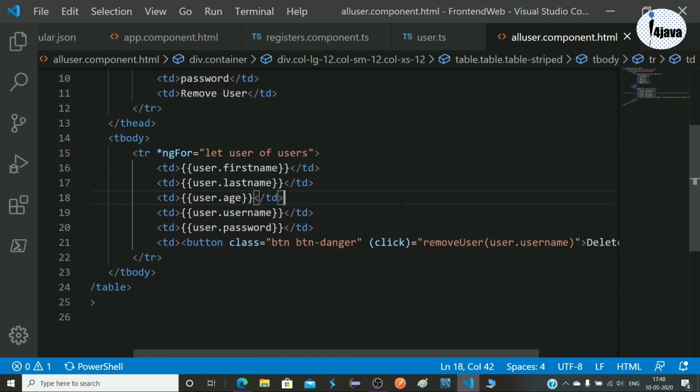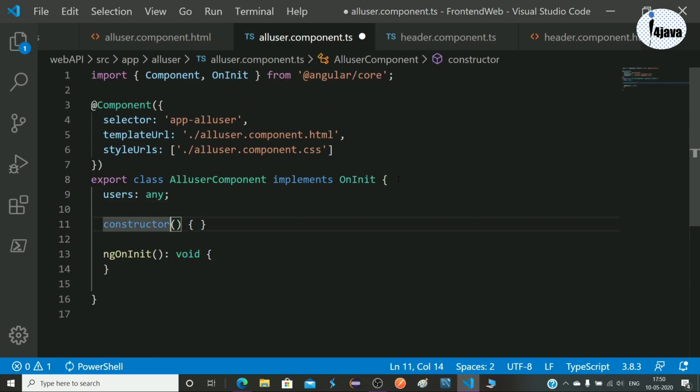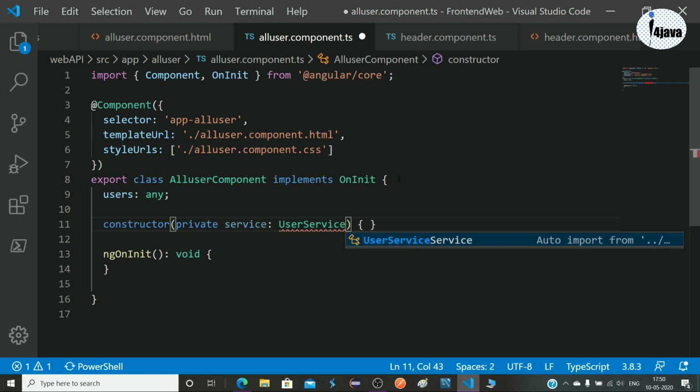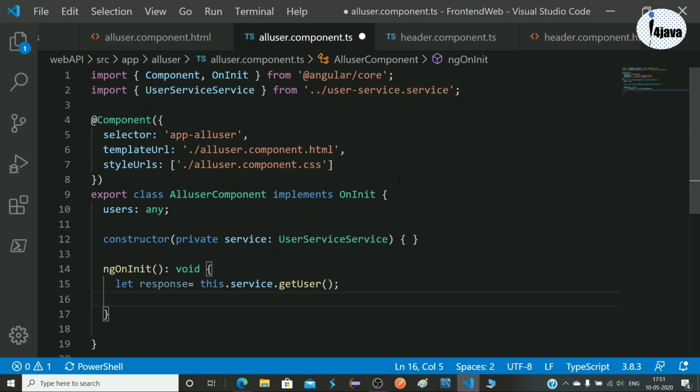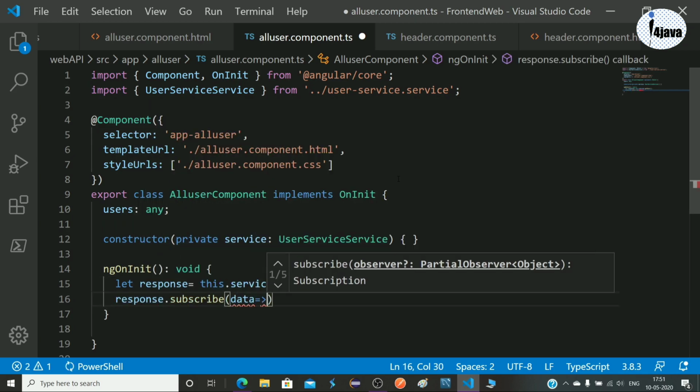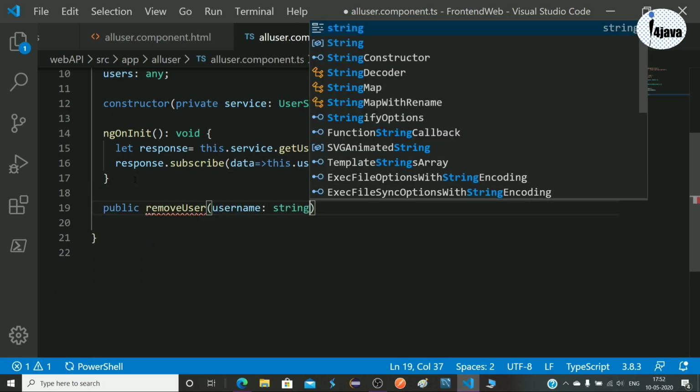Okay, let's create the all user class. Here we have to initialize our user service class, create one method to get all users, and after that create one more method for removing a user.